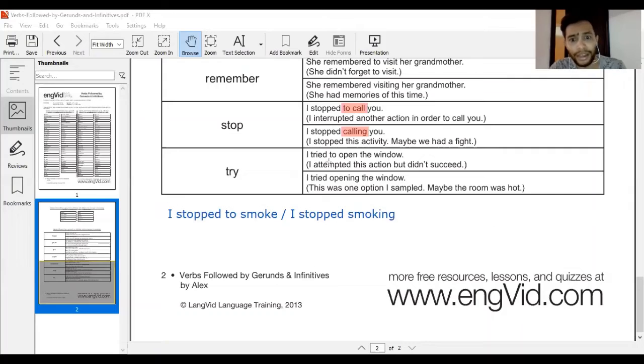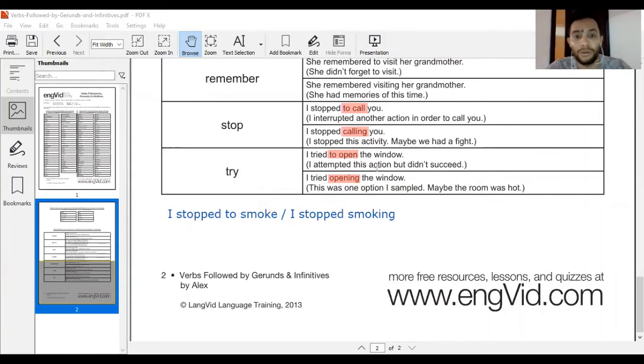In the case of try, we have I try to open the window. To open the window shows you an attempt. And I tried opening the window like this. It shows more an experiment. Let me show you how. Si le traducen ambas oraciones significan lo mismo. Yo traté de abrir la ventana. Pero cuando decimos esto, cuando es simplemente un intento, posiblemente el intento terminó como lo estabas intentando, no pudiste hacerlo,